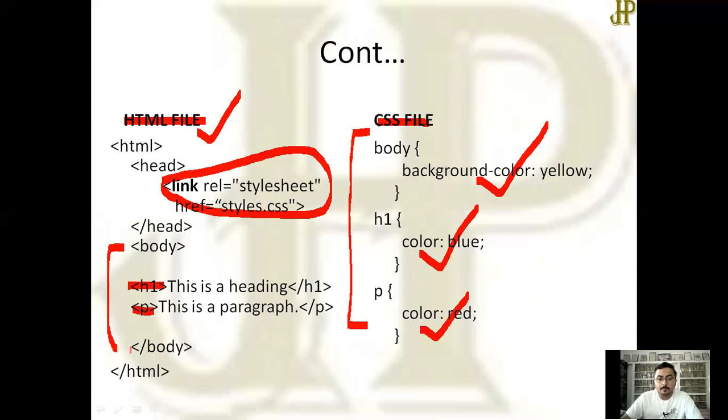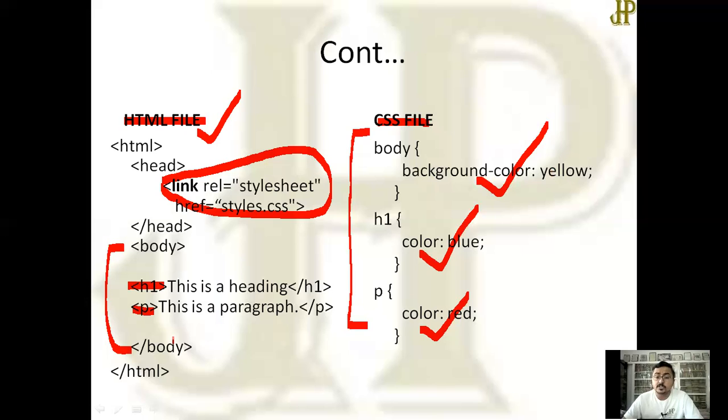So the whole page will be colored yellow, and in that page heading H1 is in color blue and paragraph is in color red. Okay, so assume that this file is too long, around 1000 lines, and there are a lot of H1 tags and a lot of paragraph tags.